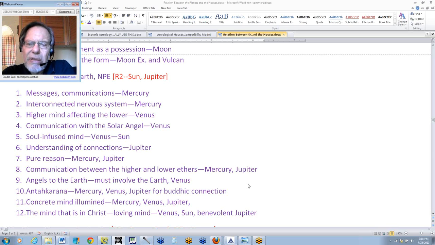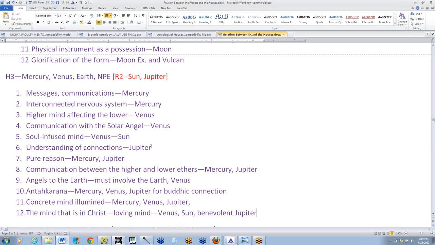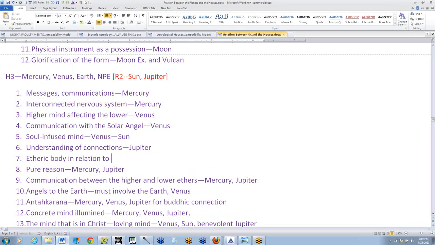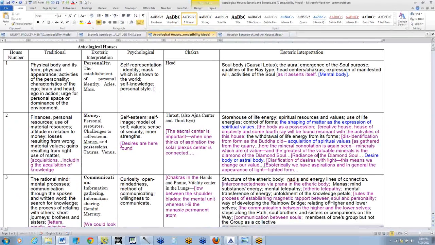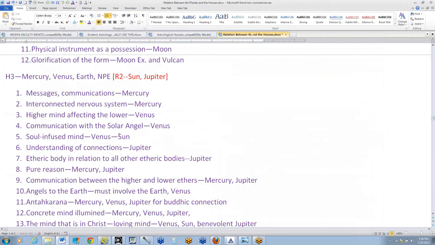and expand, see that Jupiter in the 3rd house, this is expanding the sense of the connections. The etheric body in relation to all things. Etheric body in relation to all other etheric bodies. And that is Jupiter. Jupiter particularly in Gemini. I just love to follow out these connections. That's my problem. The communication between soul and personality, I think soul-infused mind,